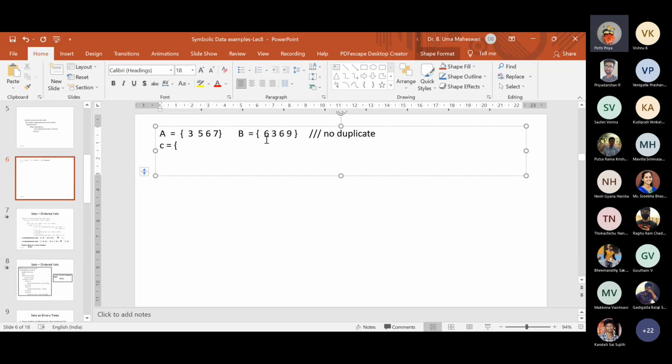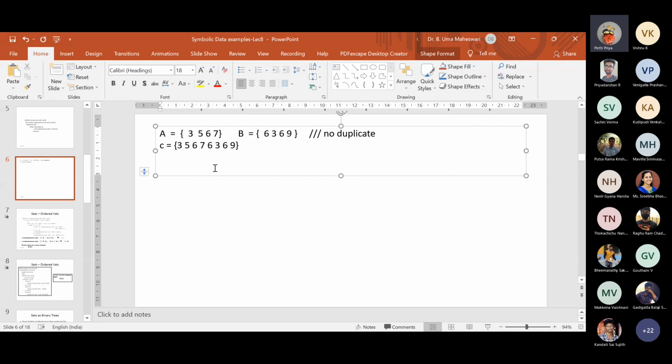Yeah. So if you are making a union operation, see, as per your logic, A is 3, 5, 6, 7. You will have 3, 5, 6, 7, and then you will copy the elements 3, 6, and 9. No, ma'am. 6 will be copied only if it is not present in A. So we will perform a search operation of 6 in A. It is already present, so we will move to the next element. 3 is already present in A, so we will move to the next element. 6 is also present in A. So finally we move to 9 and 9 is not present in A, so we will just add it. So the complete answer will be 3, 5, 6, 7, 9.